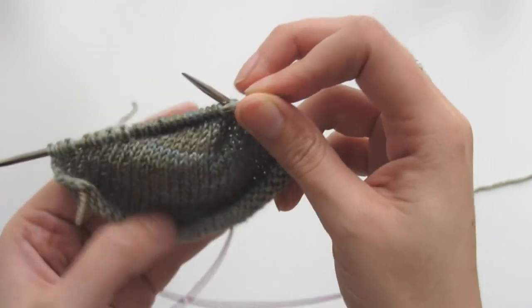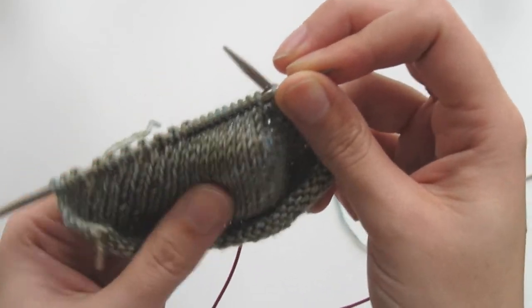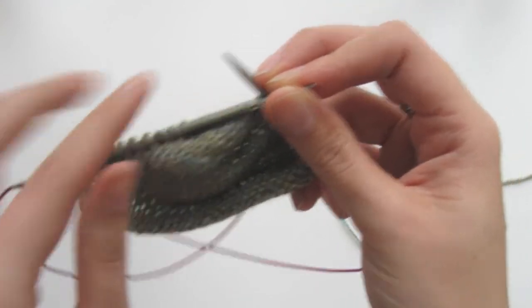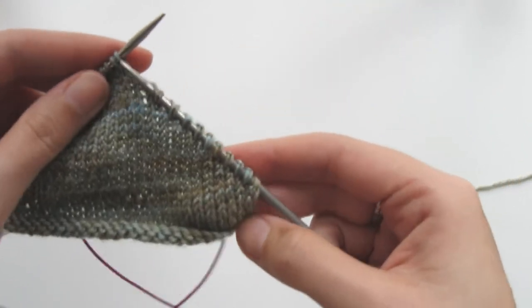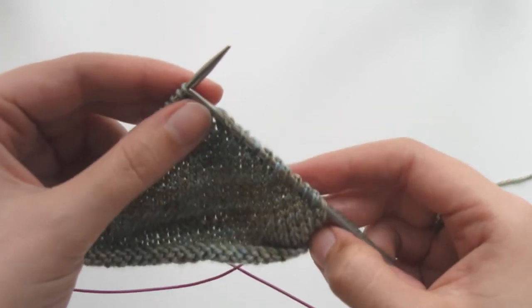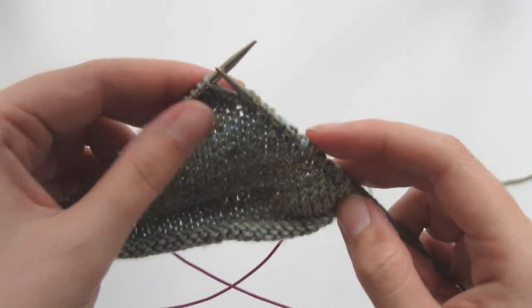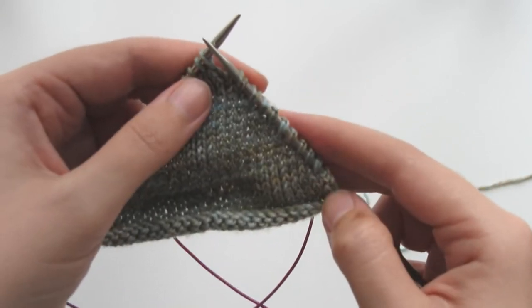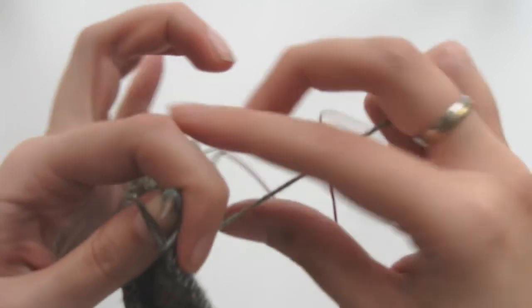You can see roughly by my work that you've created that shaping, so you can see there's a nice slant here. In fact, on this side you can see even better. So all of the stitches are live, all of the stitches are on the needle still, but we're working short rows and we've created these fabulous double stitches to create this shape here. So what we're going to do now,